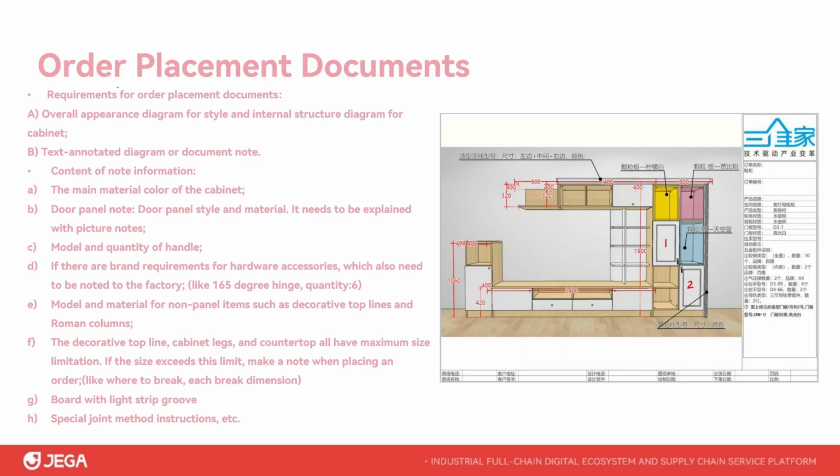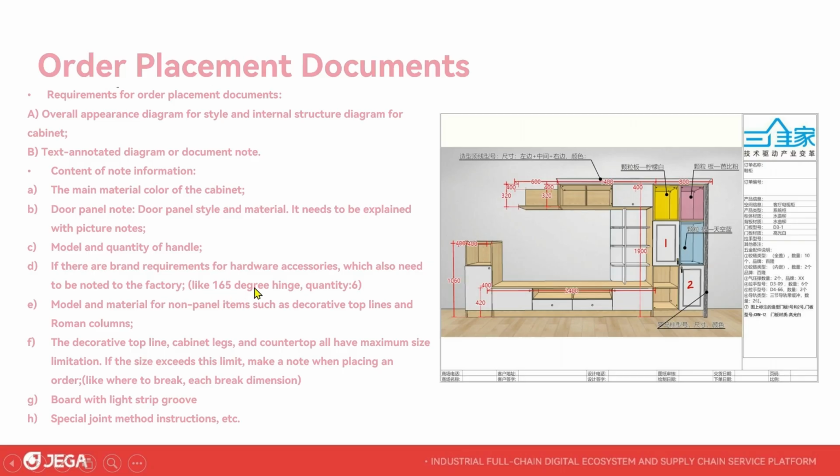The first thing is that you can attach the overall appearance diagram for the styles and internal structure diagram for the cabinets, or the text annotated diagram or document note, like the dimension diagram at the right side. It can consist of the following information, like the made material color of the cabinets, the door panel styles and materials. You can even attach the picture for those styles and materials, the models and quantities of the handle. If you have special brand requirements, you can also note it to the factory,